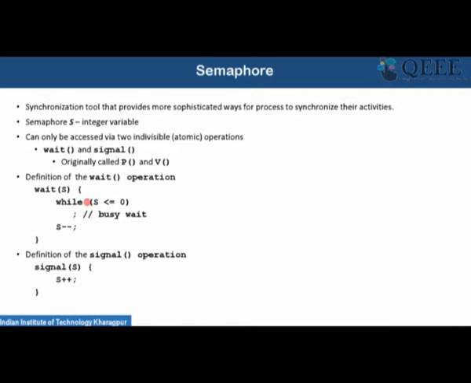So we call this kind of waiting scenario busy waiting. Busy waiting means the process is not doing anything, but it is still taking some amount of CPU resources. If you look here, that process is actually checking this condition, and to check that condition it requires some amount of CPU resource. So we call this kind of waiting busy waiting. Although it is waiting, it still requires some amount of resource from the CPU.